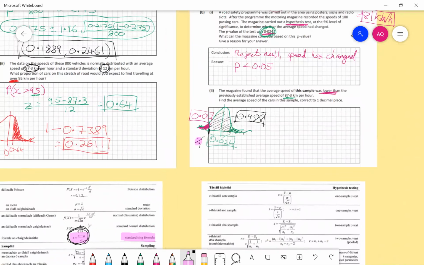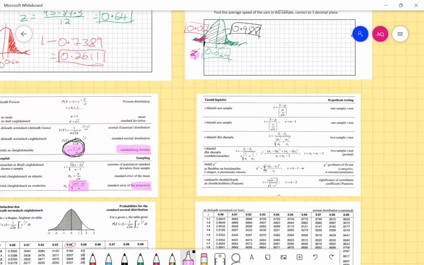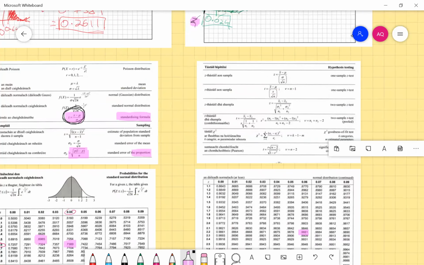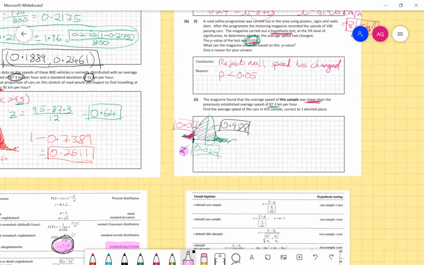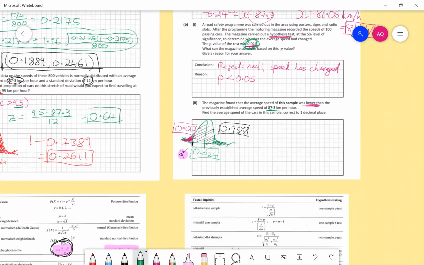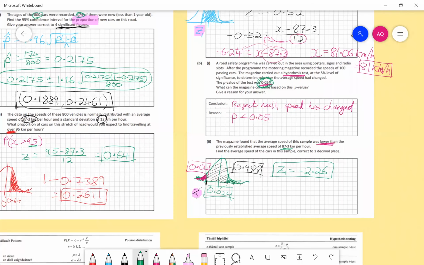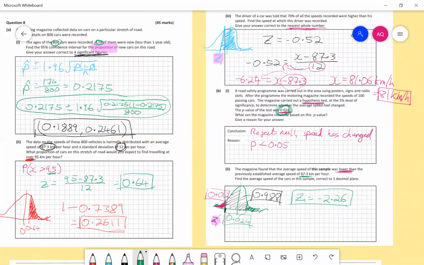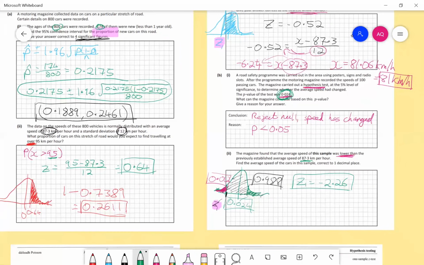Similar to the last one though, because it is less than 0, our z-score will not be positive, it'll have to be negative. Sorry, again, there was 2.26. So it's going to have to be negative 2.26. So our z1 is equal to minus 2.26. Now, that's working backwards from our p-value, which is a little bit different to straightforward use of the p-value, but that's obviously not our final answer either,